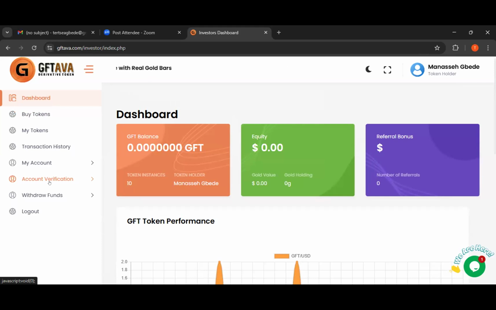So one thing I tell people is once you're able to get verified, you're able to fund your account, you're able to start your trading, you are good to go. And